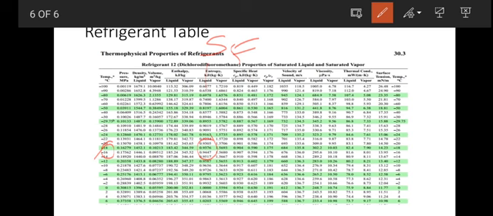Okay. Then similarly, we can find the entropy of vapor. In this column, the vapor entropy is indicated by sg. That means the entropy at the dry saturated gas point at minus 18 degrees Celsius. In the green row, the value is 1.5693 kilojoule per kg Kelvin. Again, the remaining properties are also given in this chart.